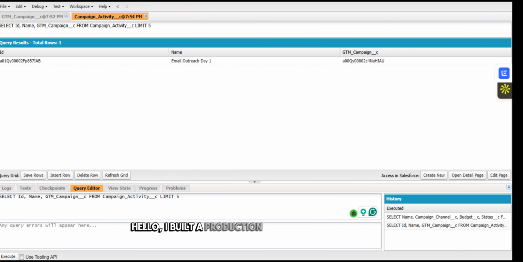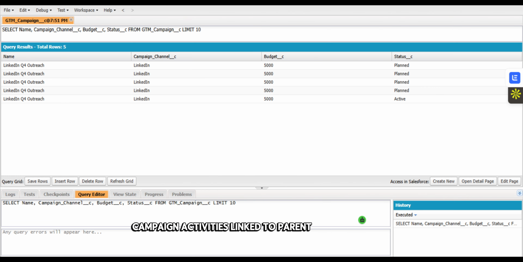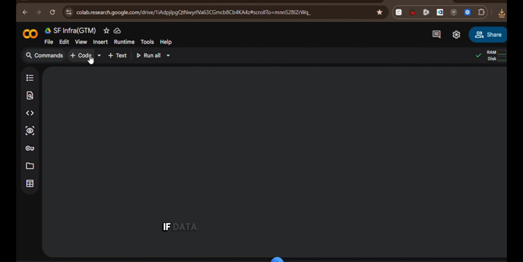Hello, I built a production GTM system in Salesforce. First, I configured the infrastructure: custom objects with master-detail relationships, which enforce data integrity. Campaign activities are linked to parent GTM campaigns, with auto-counting roll-up summaries. Look at this query. The system enforces that connection at the database, but infrastructure only matters if data flowing through